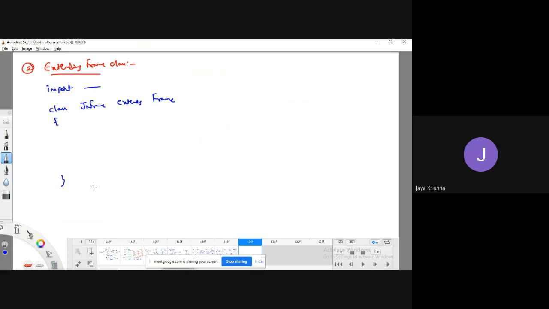Simple. And if you would like to create a frame whenever you instantiate an object, then I can go for taking a parameterless constructor. Why am I taking this parameterless constructor? Because I would like it to execute whenever an object is instantiated for this class.